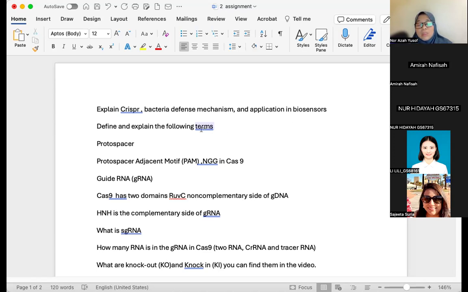Okay, the next question is all about terms, so it's not that difficult. You find the meaning of protospacer. Just now you have watched the video, and it has been explained what is spacer, protospacer, and PAM, protospacer adjacent motif. But there are also additional terms, like you have to search what is Cas9 and guide RNA. I think it's in the video. Right, there are a few extra things like knockout, knock in,